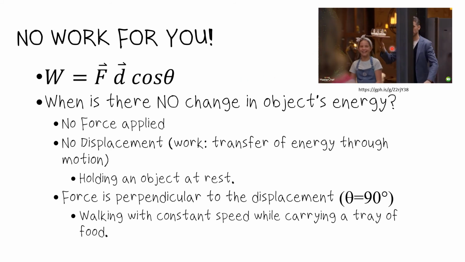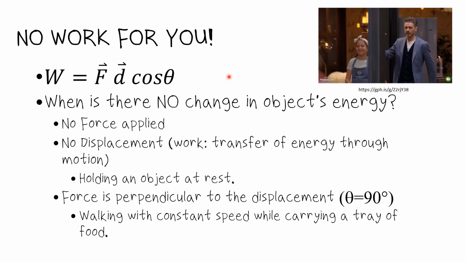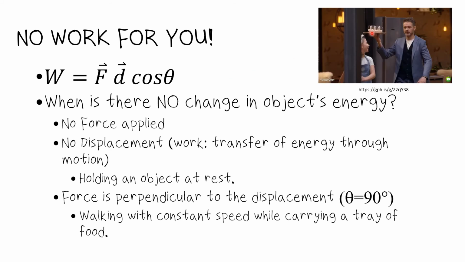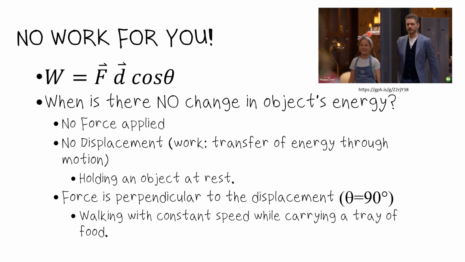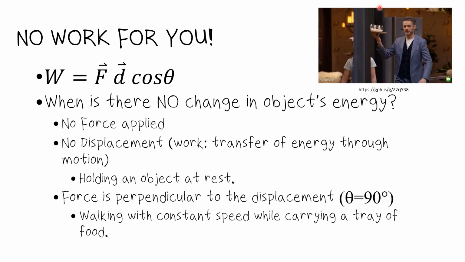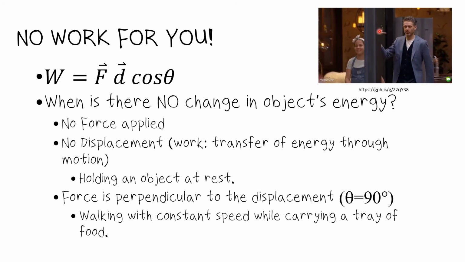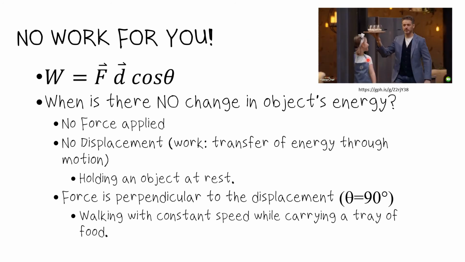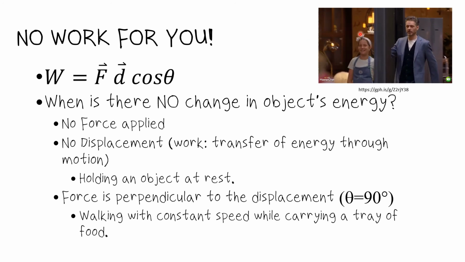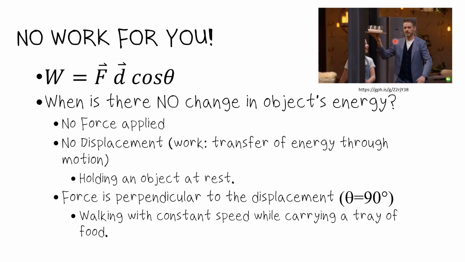So the gentleman in the blue sports jacket is exerting a force up on that tray. So he's pushing up, the tray is moving to the left. So his force and his displacement are at 90 degrees. So he is exerting a force on the object, but it is not increasing in his energy as he's following